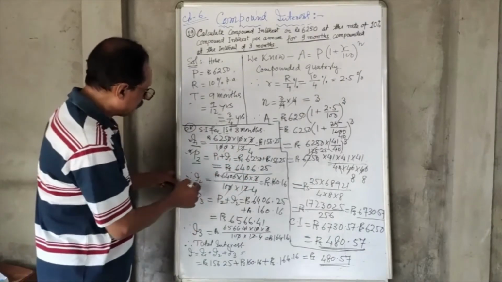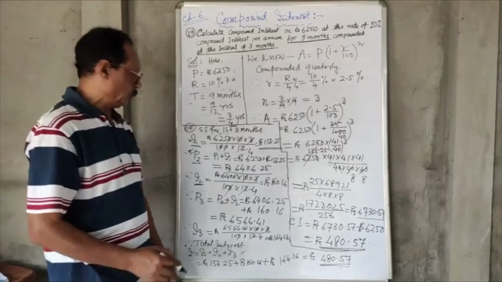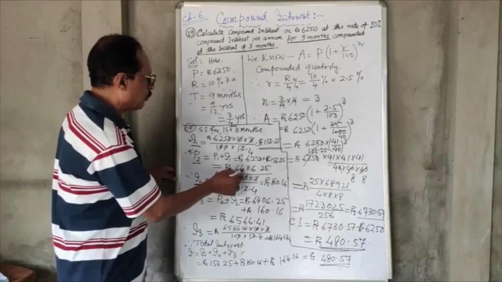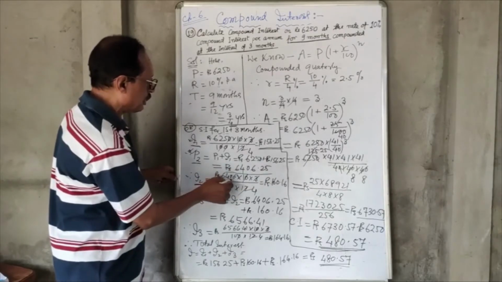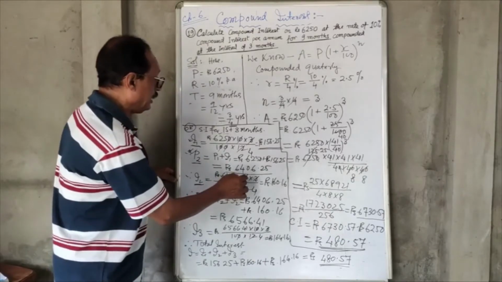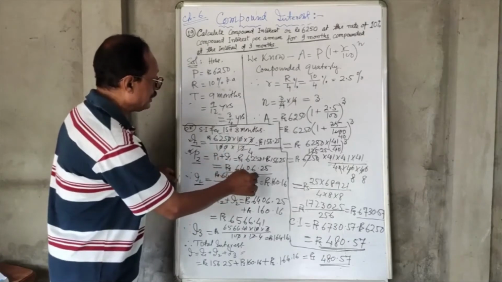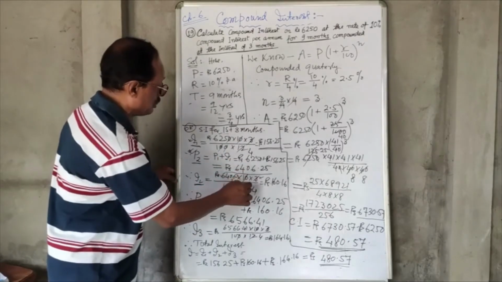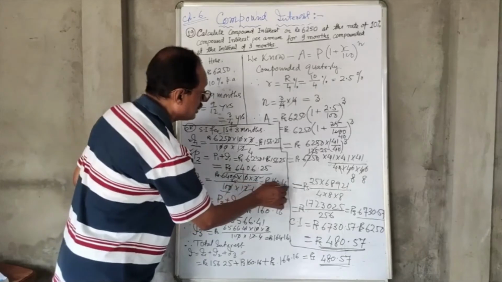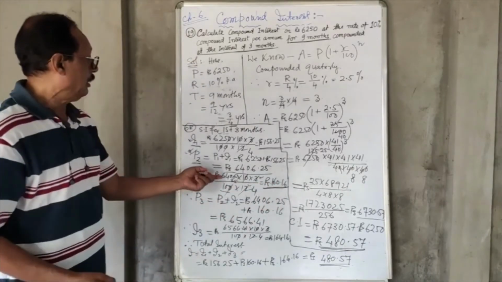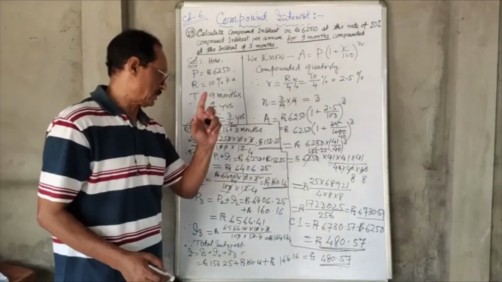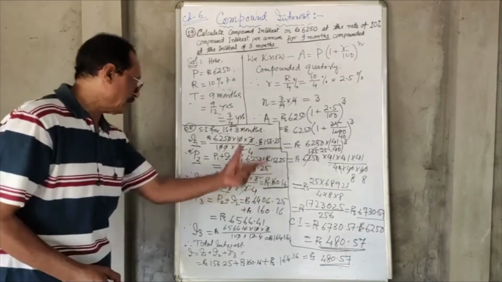So for the next interval of 3 months, if we take the interest as I2, then I2 will be equal to rupees principal P2, which is 6,406.25, into 10, 10 meaning 10% per annum, and it is for 3 months, that's why 3 by 12 years by 100. And calculating this, we will be getting that the interest for the second interval of 3 months over the money 6,406 rupees will be equal to rupees 160.16. So this is the interest for the second interval.